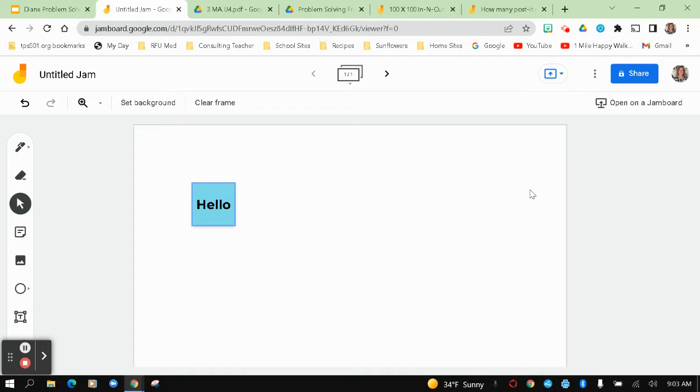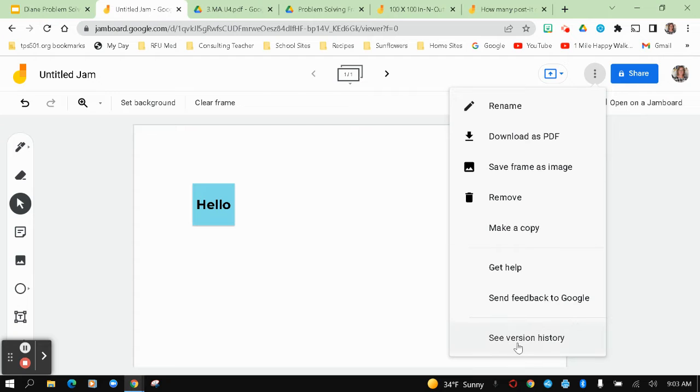Well, now this is really awesome. It's fantastic. Google Jamboard is listening. There are these 3 dots up here at the top, and I always like to refer to them as the snowman. So, the head, the belly, the bottom part. All right, so I'm going to click on it. And something that I love now that they have is see the version history. That is now there. So that is wonderful. Now I can go in and go, all right, so it really was you. I can call out the person who did it. I can go up and I can delete them from being on my Jamboard. So that is a nice